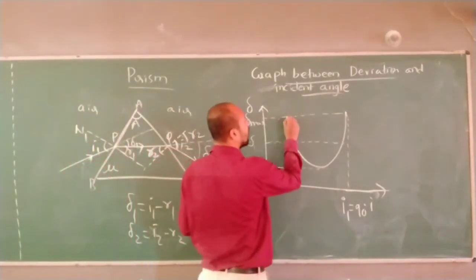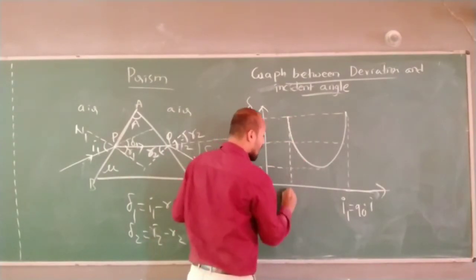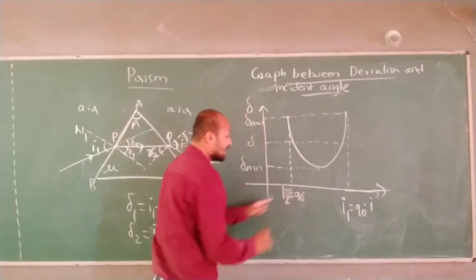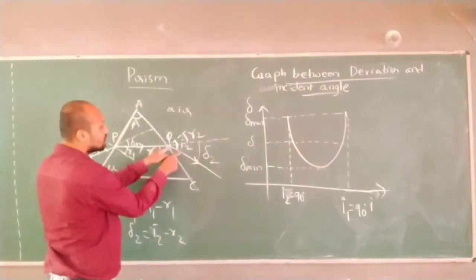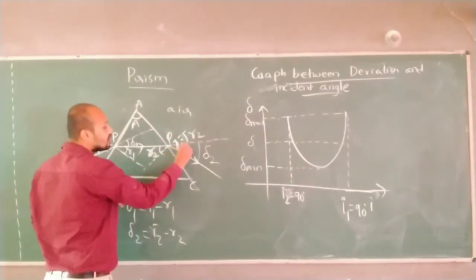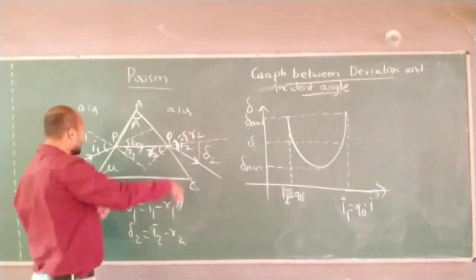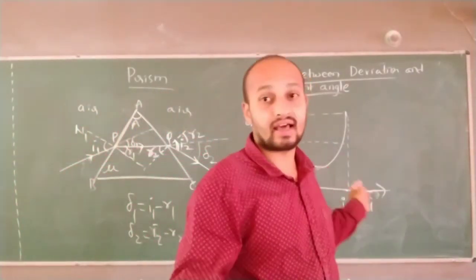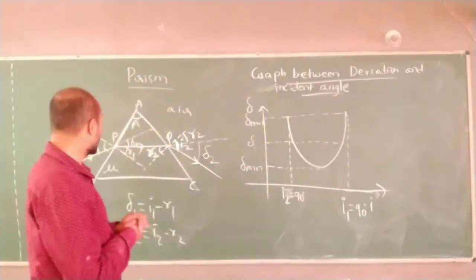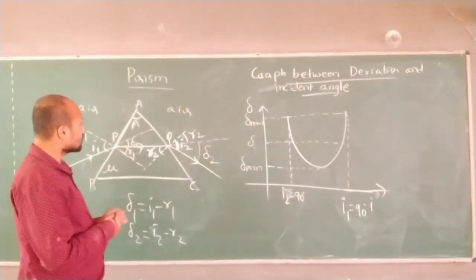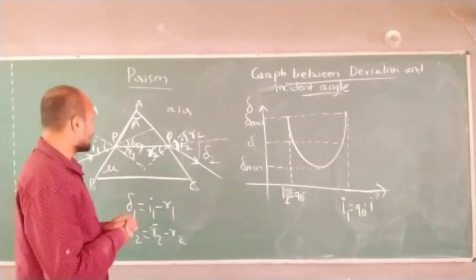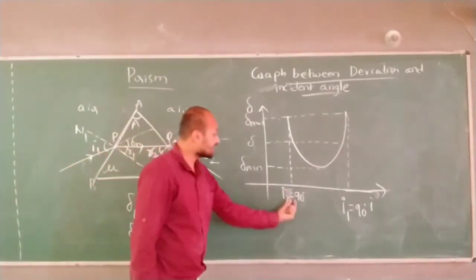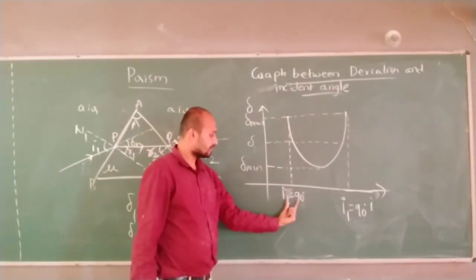Then what about this point? At this point I2 will be 90 degree. What is I2? This is I2. Either the emergent ray becomes 90 degree or the incident ray becomes 90 degree. Is it possible for both to be 90 degree? Not here. Not possible actually, because the possibility is too high. Correct? But anyhow, you will find maximum deviation when I2 will have 90 degree.